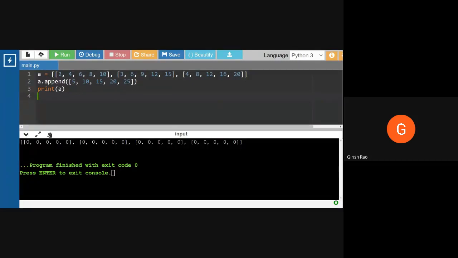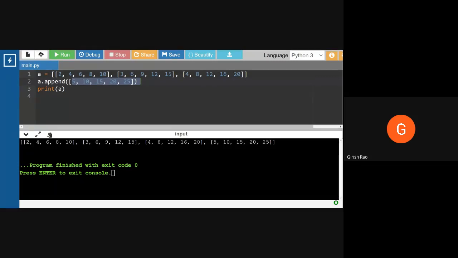Imagine this is my list with 3 rows and 5 columns. I want to append a list, so I say a dot append so and so. Click on run. Now how many rows should you have? 1, 2, 3, and this one 4. So we have 4 rows. A dot append allows me to append the rows over there.